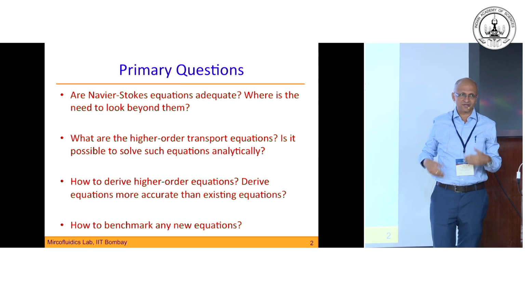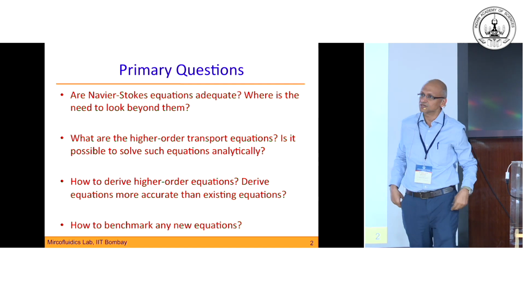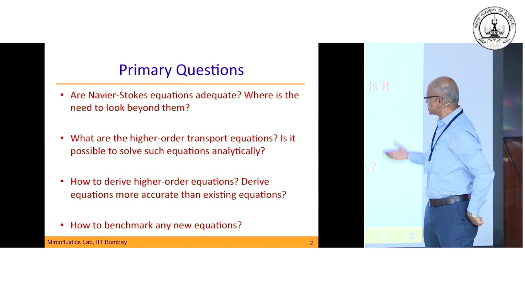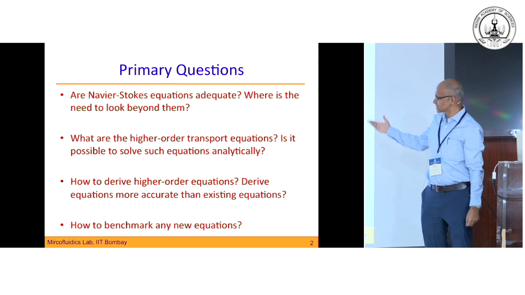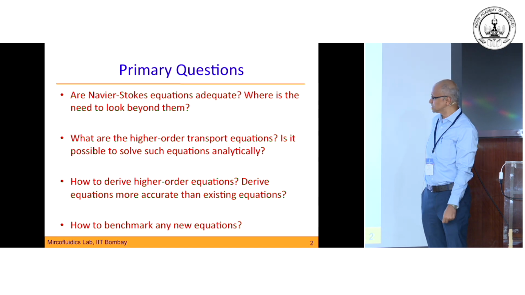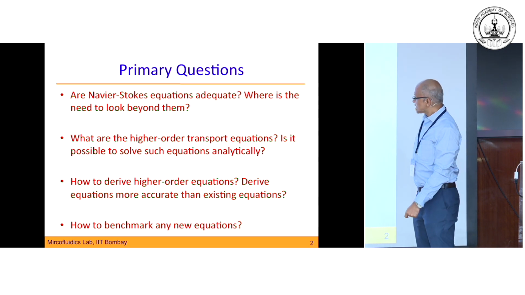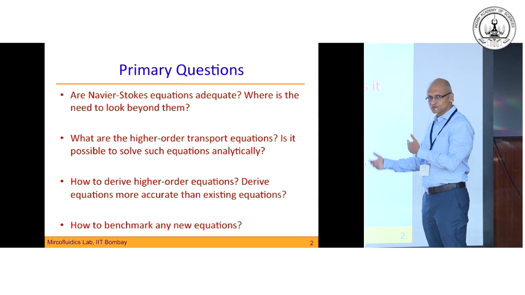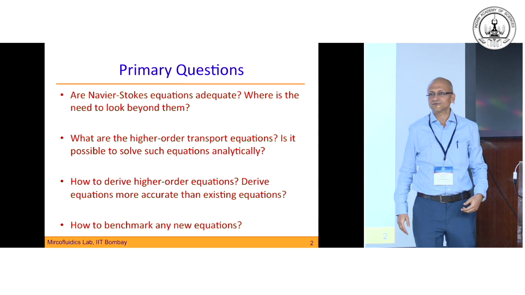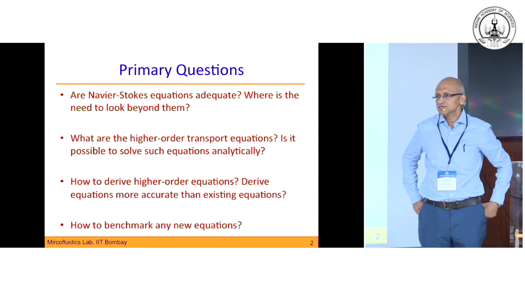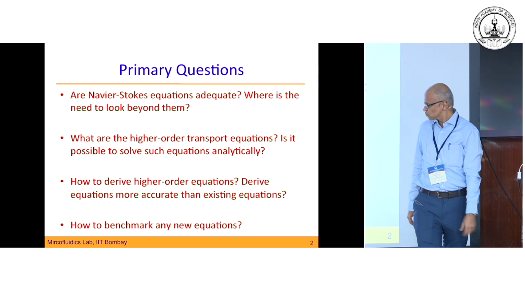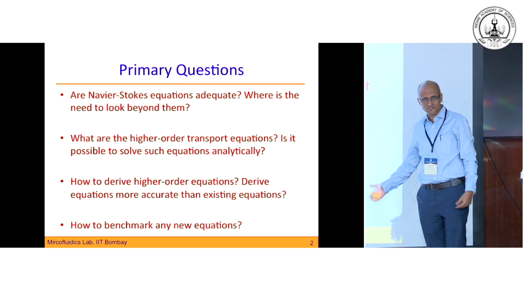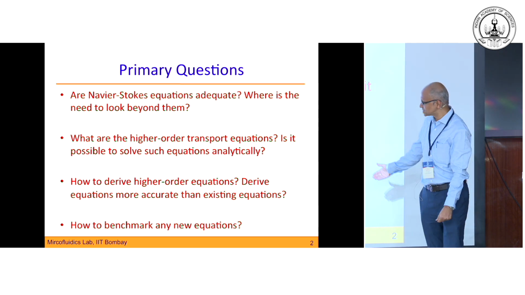And then the question arises, if Navier-Stokes are not sufficient, then what are the next set of equations? So I will introduce the so-called Burnett and the Grad equations. And one can ask the question, is it possible to solve them analytically or otherwise? So we will again give some evidence for that. And then we will get into the ideas, why doesn't anybody talk about these equations? So we will say that there are issues with these equations, that's why it's not so well known in the community. So what are the alternatives and what are the more accurate equations? Is it possible to derive them? That is the type of questions that we will ask.